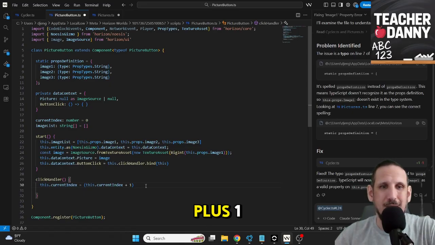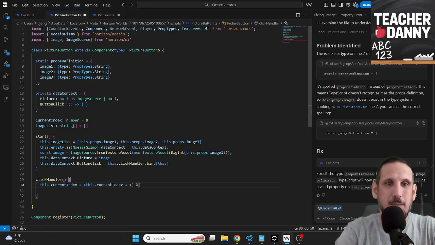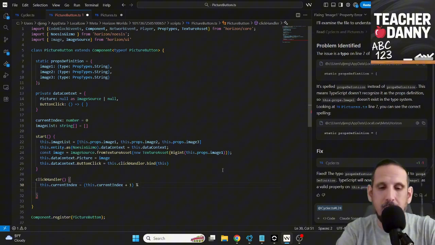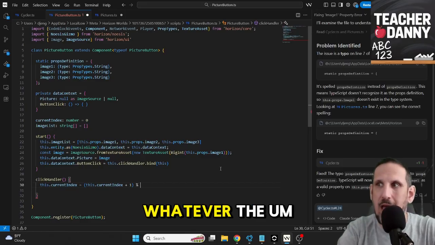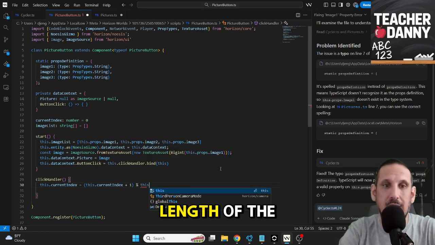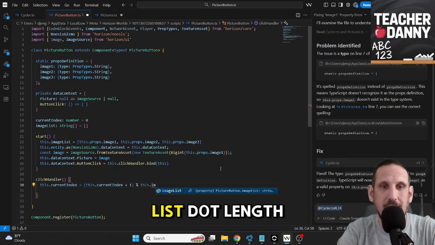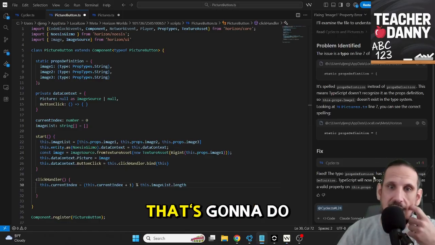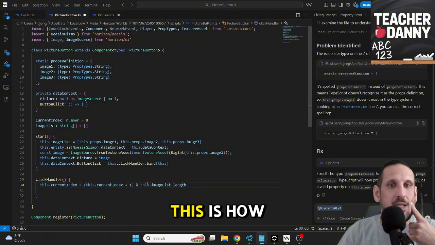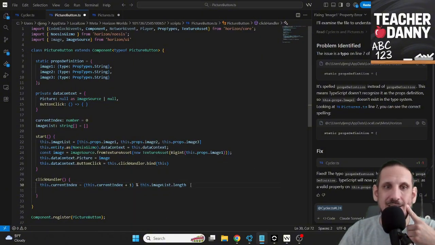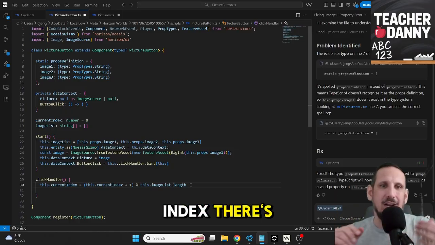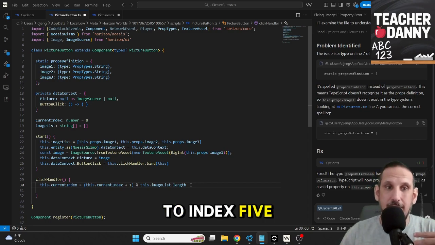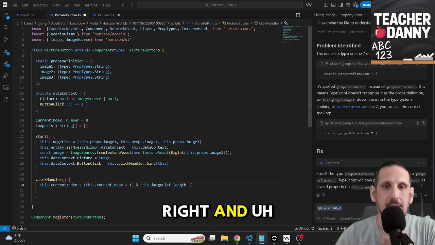So this dot current index plus 1 within the parentheses, percentage sign, which is modulo, and we're going to say whatever the length of the list is. So this dot image list dot length. All right. And what that's going to do is, this is how it resets. So let's say it gets to the very last index. Let's say there's 4 pictures and it gets to index 5, right? And it's going to